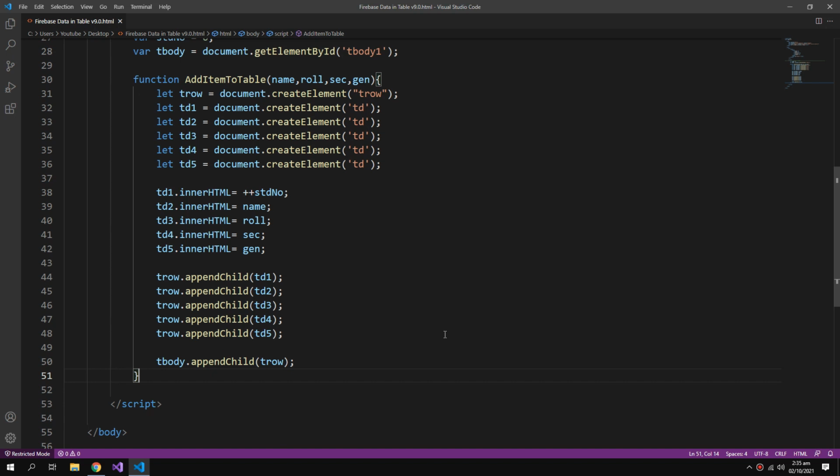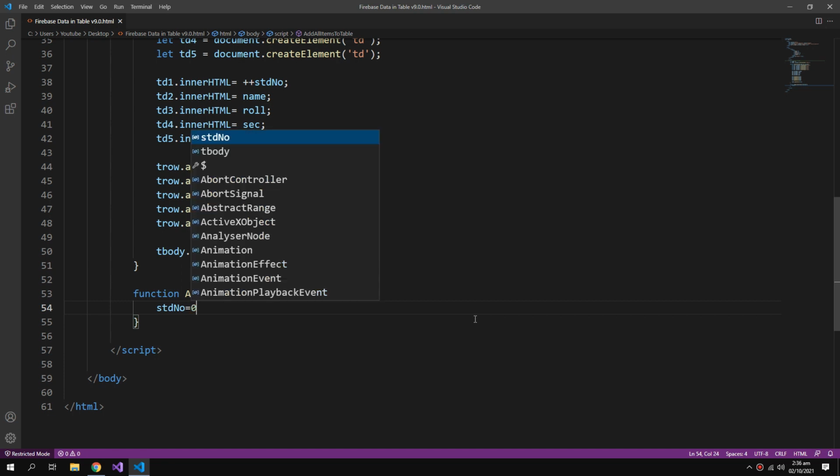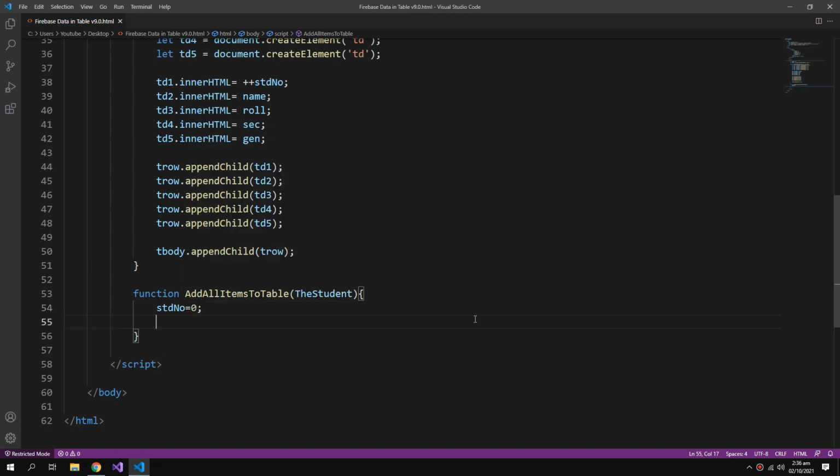Then I will also create another function for adding all items to the table. It will take the student array, make the stdNumber 0, so we don't have any duplicate records if we update the table again and again. So innerHTML should also become empty.